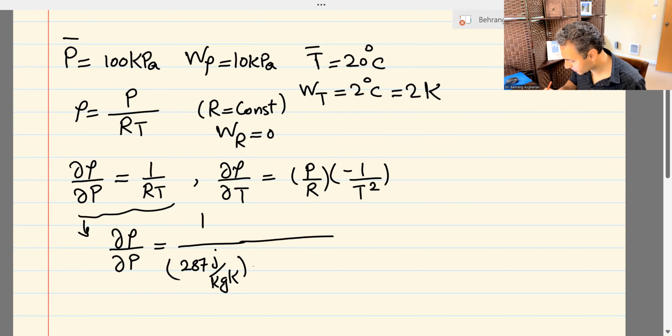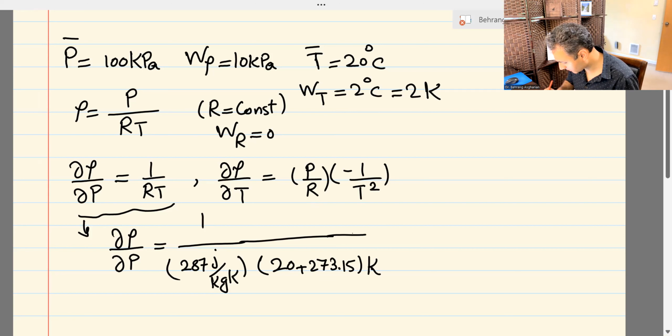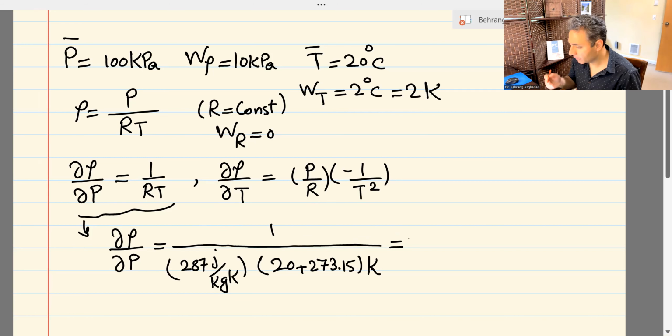Times the average value of temperature, which was given in Kelvin, because you can't use 20 Celsius in ideal gases. So that would be 20 plus 273.15 Kelvin. That's it. I did a poor job showing this fraction, so let's make it look better. Okay, that looks better. You calculate this value. After you calculate it, you can pause this video and calculate yourself to make sure that I'm giving you the correct numbers, but it becomes